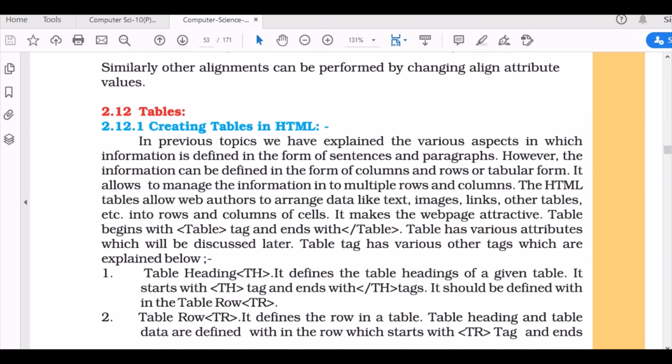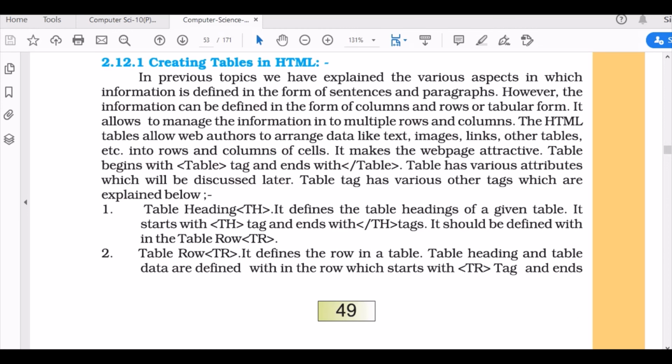Tables. Now very important, what is a table? When you want to display some data in a tabular form, that is a table. In the same way in HTML we use the table tag, and in the table tag we use table headings, table rows and table data. Table heading displays the heading of the table within the table tag, table row.